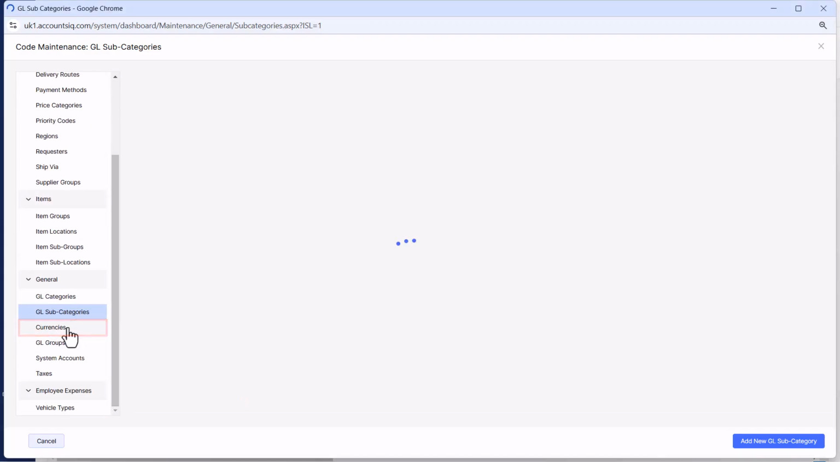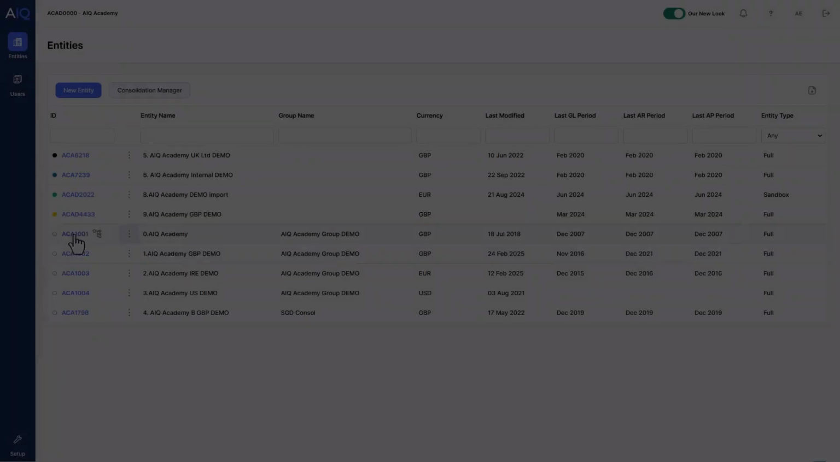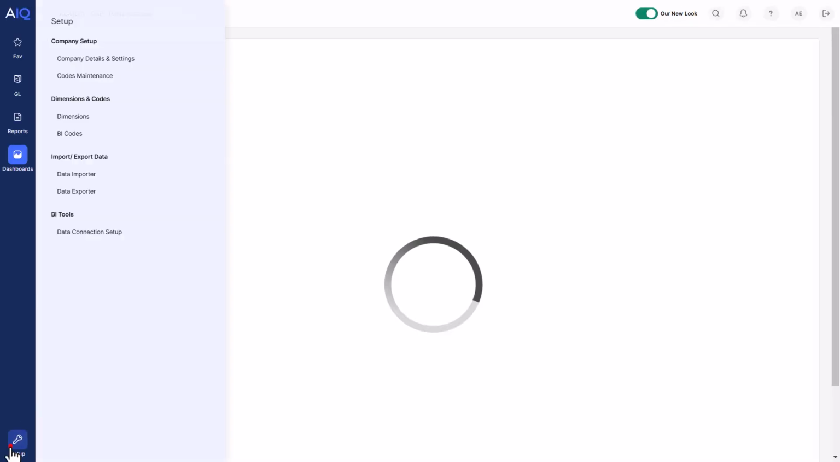Currencies for all entities are managed centrally at group company level. However, at entity level, you can view, edit, or add currencies if required solely for that entity. The exchange rates shown are the default rates used for the foreign currency transactions. At group level,